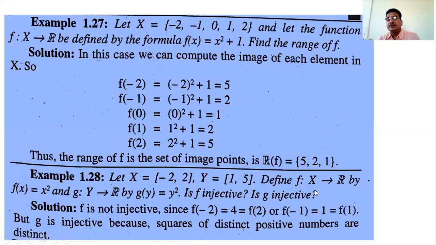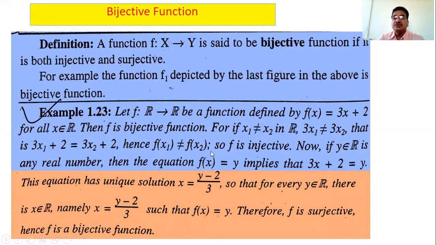Now how can we show the function is surjective? Show the function is surjective if every element of the codomain has a pre-image. So this R, the codomain of this function f, contains infinitely many elements. And now we have to show the property for each element. So how can we show the property for infinitely many elements? We take any one element out of those infinitely many elements and show the property is satisfied for that element, and then we say the property is satisfied for all elements. So this is the procedure if the elements are infinitely many.